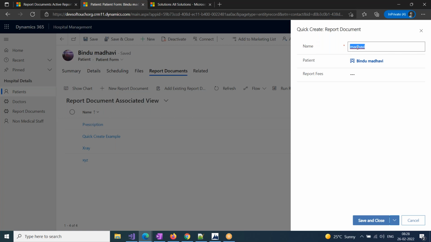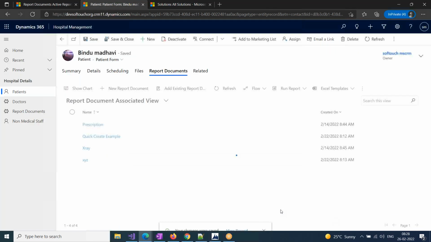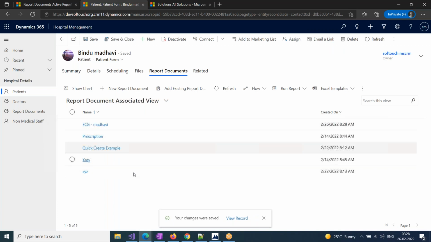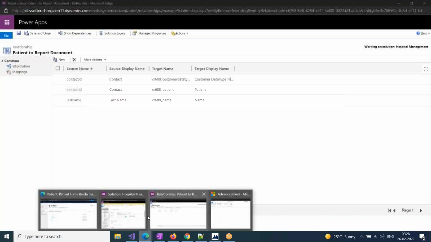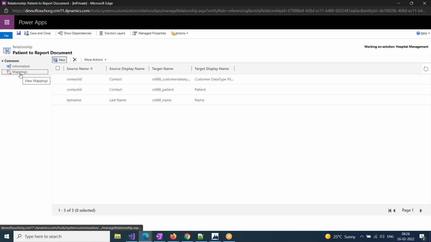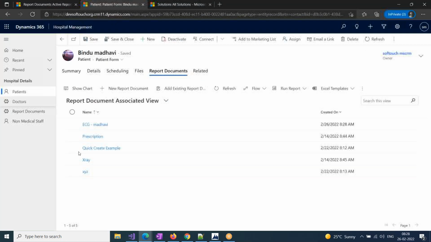name field. Now, if you want to put something like ECG underscore Madhavi, save and close. Likewise, if there is any data which you want to map and pre-populate when you are creating child records, you can use mappings. Okay, right. So that's about reports,